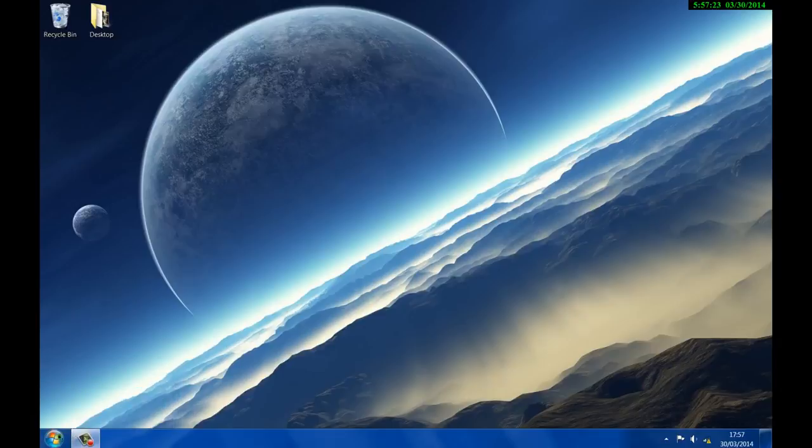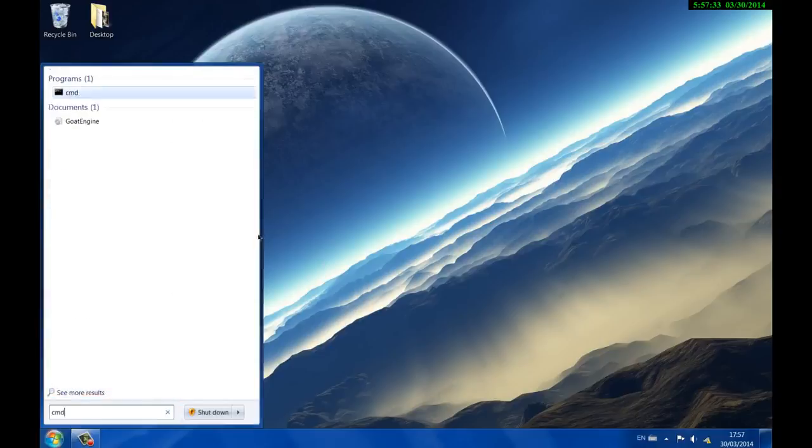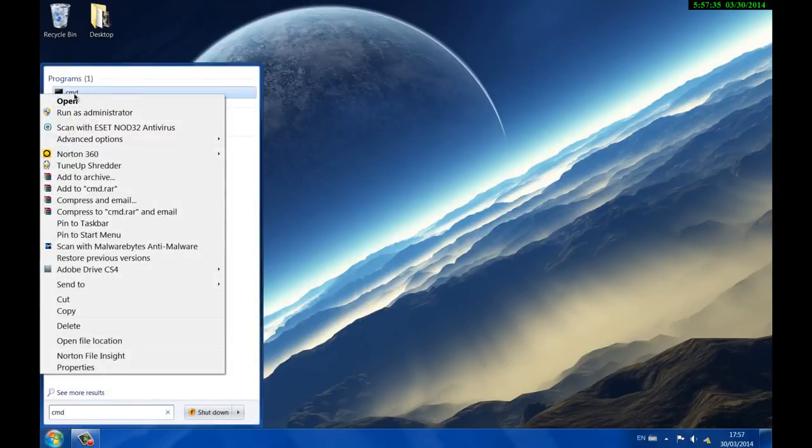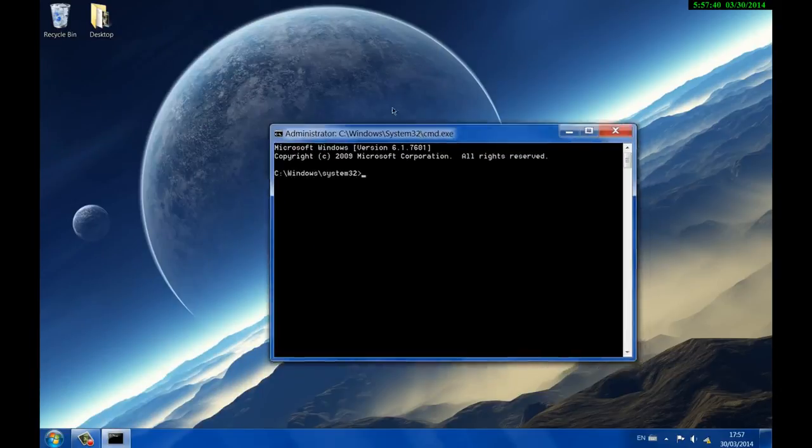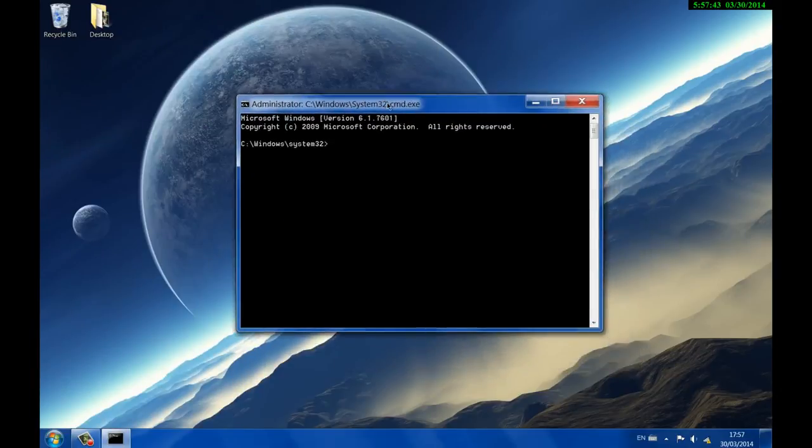So the first method we're going to do is resetting some stuff like our IP and Winsock. So you need to click here, type CMD, right click on the CMD here and run as administrator. You need to do that because it requires permissions that you won't have unless you are the administrator. So in here, type netsh int ip reset